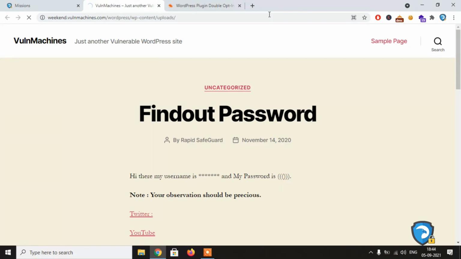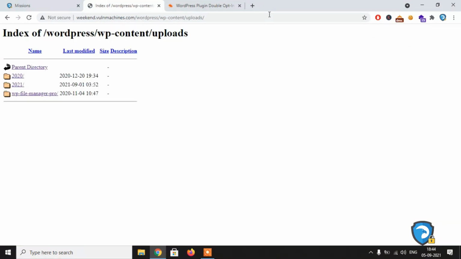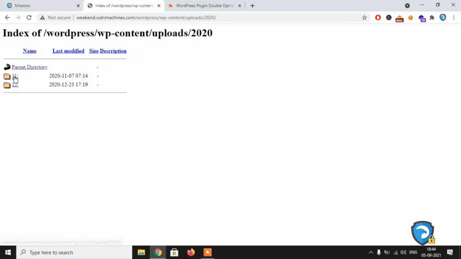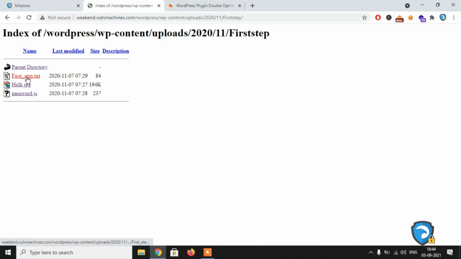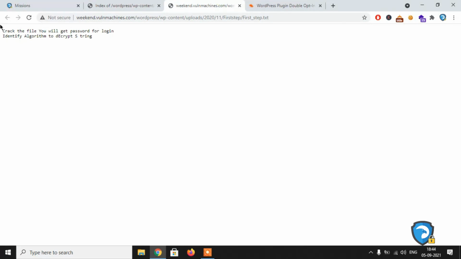Here I am directly passing the parameter, and directory listing is enabled on WordPress. This is one of the vulnerabilities in the plugin itself. I think it was shown in the previous video. In this directory listing, this txt file says that in the crack file you will get the password for login, and